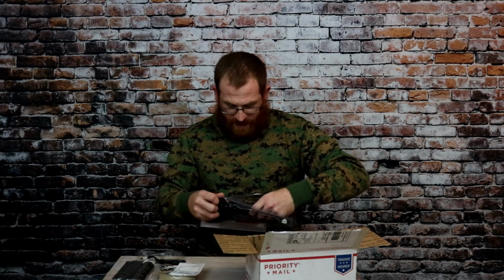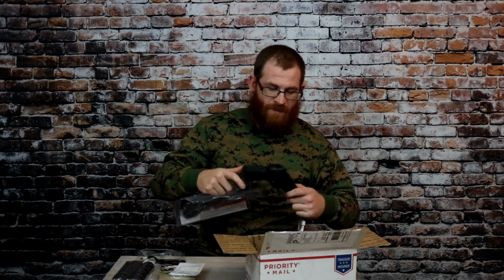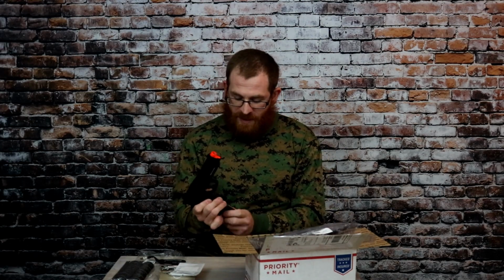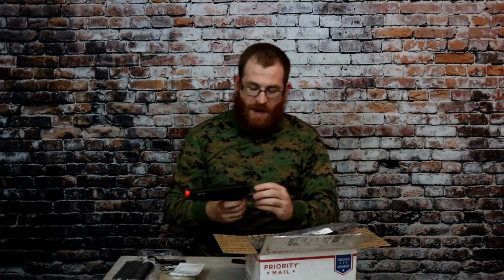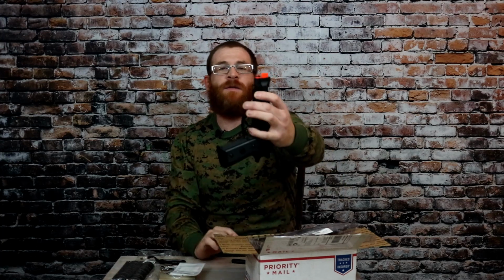So it says, open, still difficult to get out. So it has a 377 FPS, obviously with your standard 0.20 grams, and a magazine capacity of 13. So here's a nice, simple magazine, and our licensed Taurus PT92. Now this is, again, a non-blowback. It does have a Picatinny rail down here on the bottom. Of course, your safety fire select on your right-hand side. It's got a